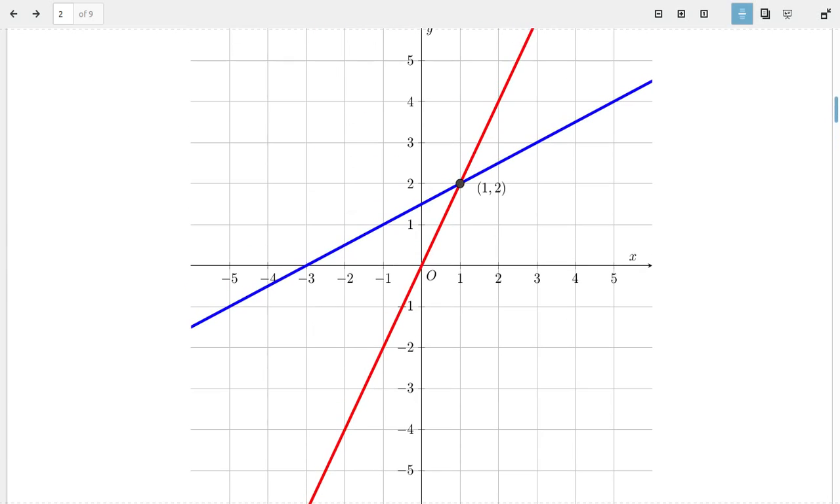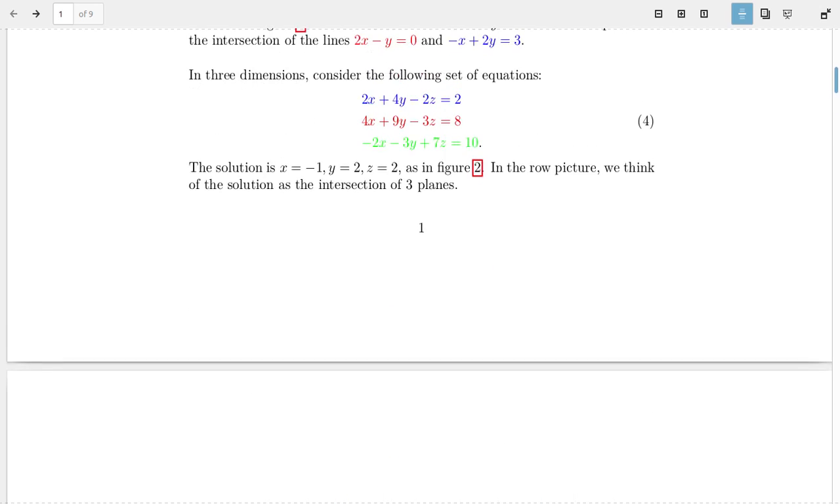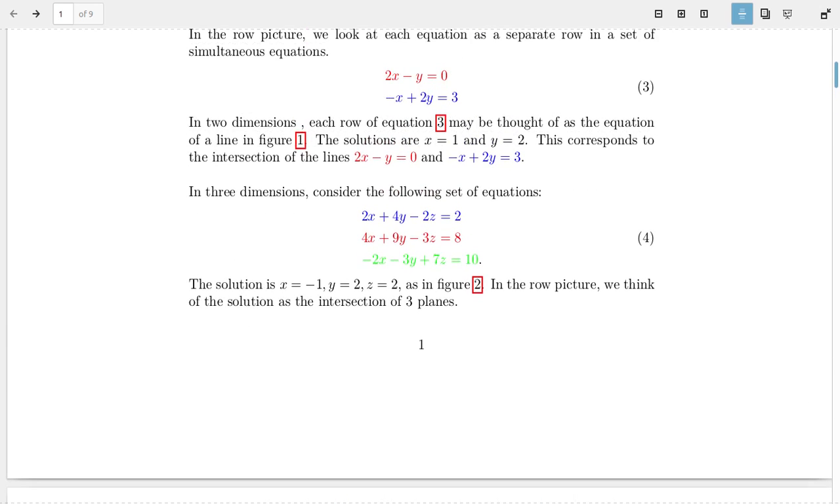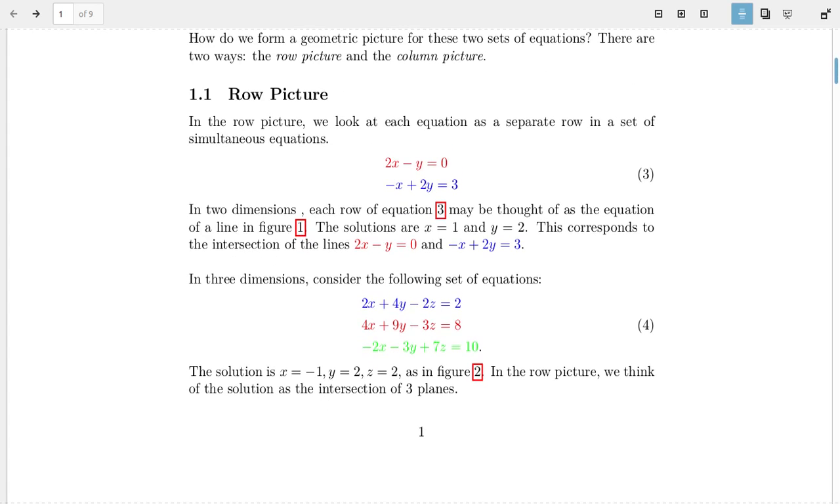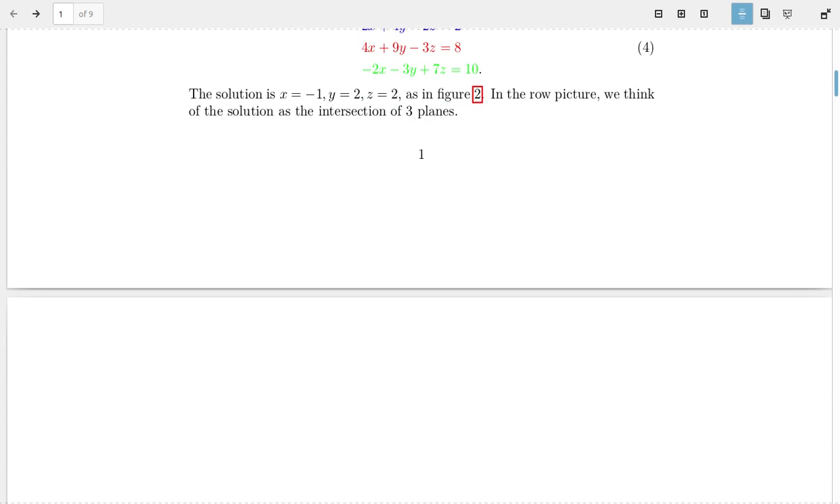Now, what happens if these lines do not intersect, as in they're parallel? Well, you'll work on that case in the assignment. Now, the row picture is not the only way you can look at